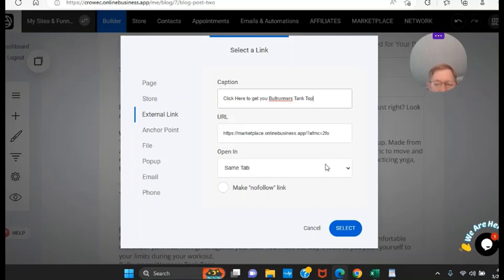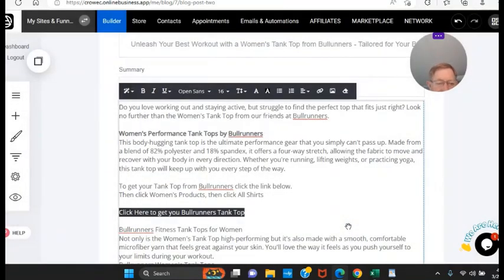And open in the same tab, I'm going to change that and put a new tab, and that way when they open it, it doesn't mess up the blog post. And I'm going to select this, and then it put that link in. You see the text is here, but